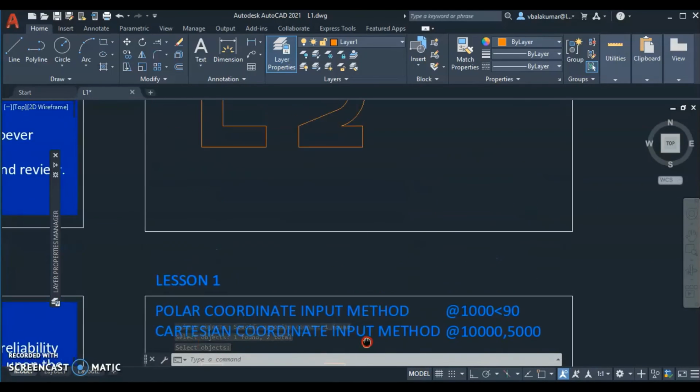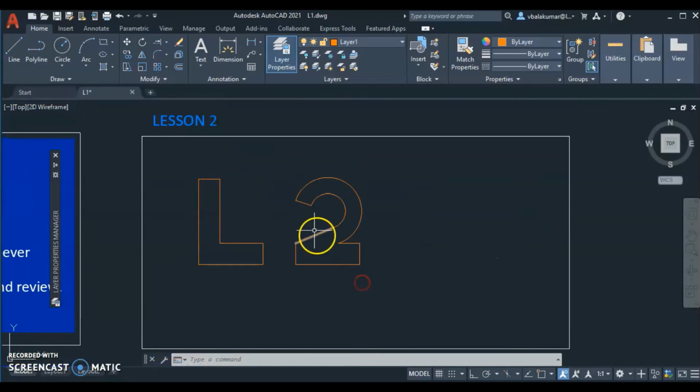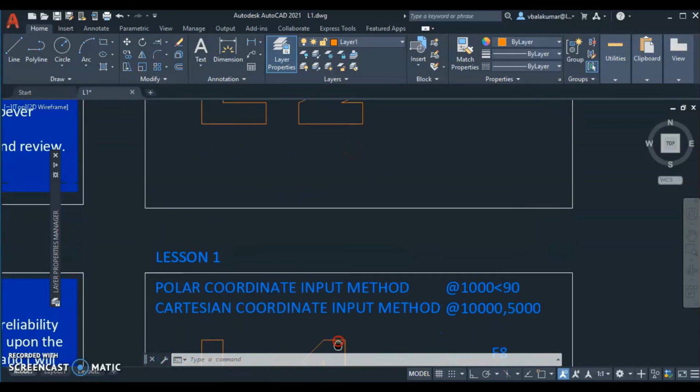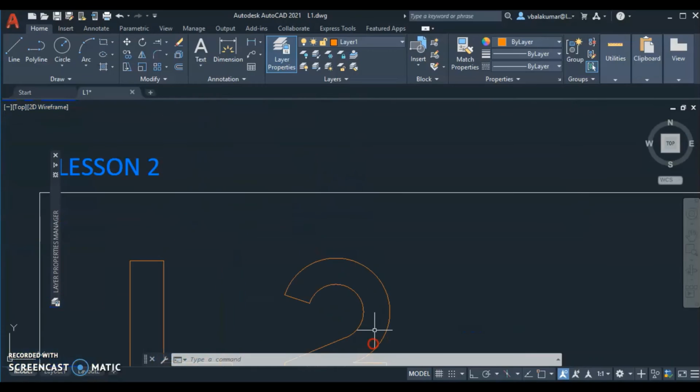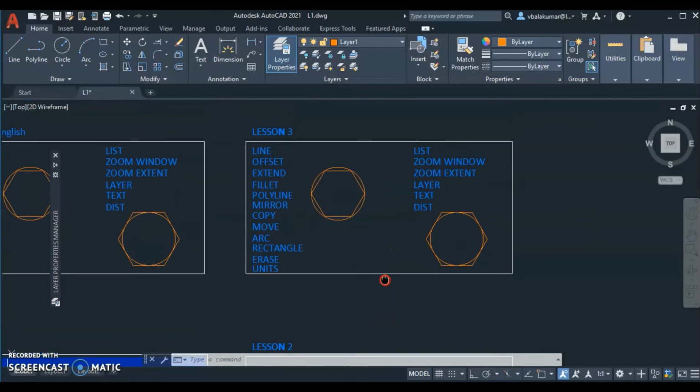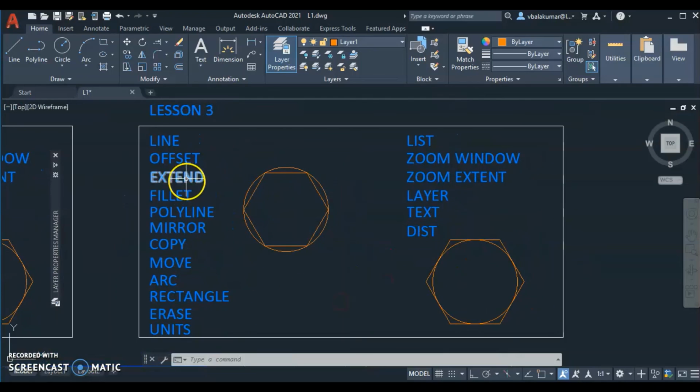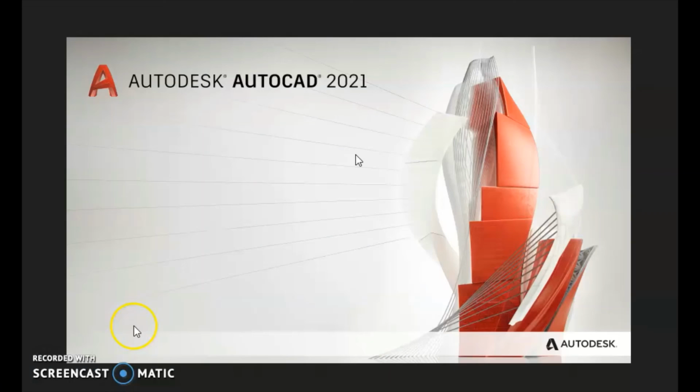That's all for lesson 1. Lesson 2 is drawing 1 and 2. Lesson 3, then, is looking at all the commands we used in this lesson up to date. I am going to end this lesson here, and I'm going to call this lesson 1 to 3 part 1